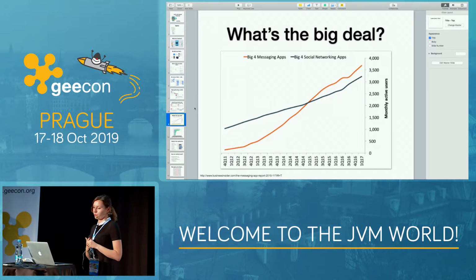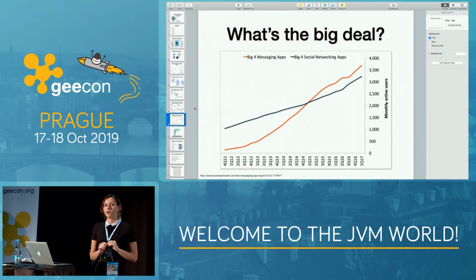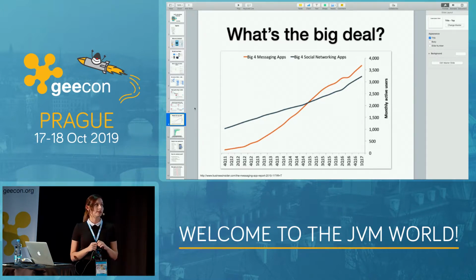On the screen, you see a graph from 2017, and there's the number of monthly active users for 4 big messaging apps and 4 big social networking apps. What is important here is that there's a totally different approach in the number of active users.